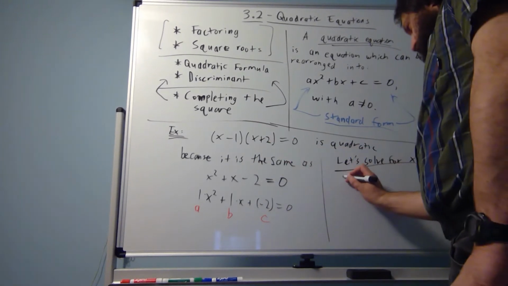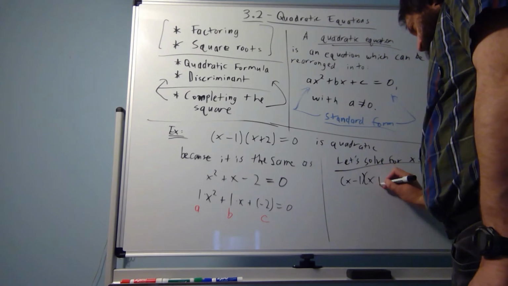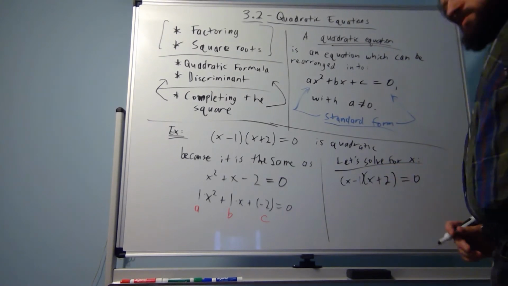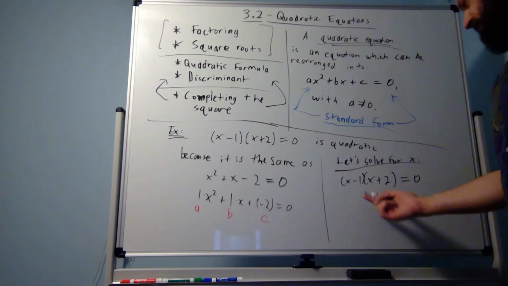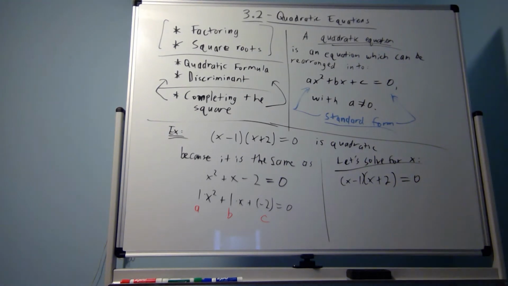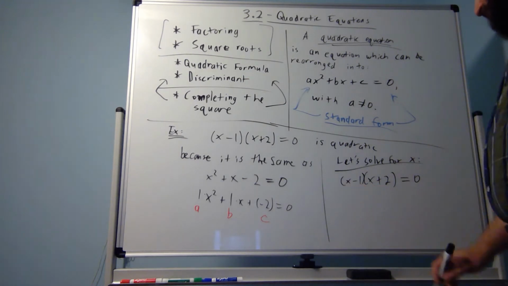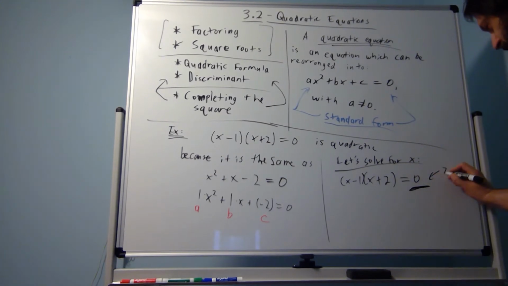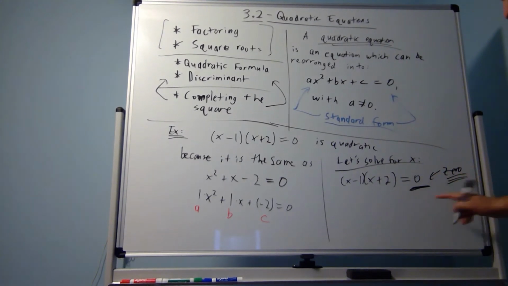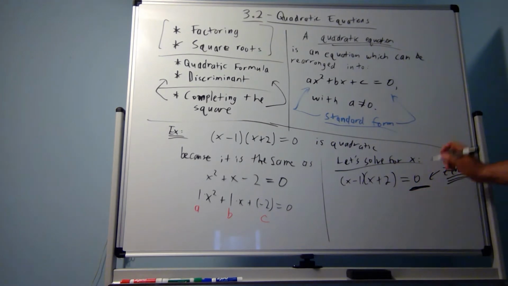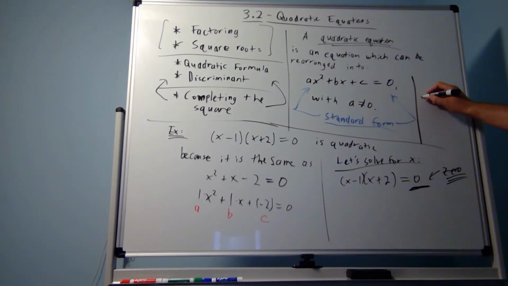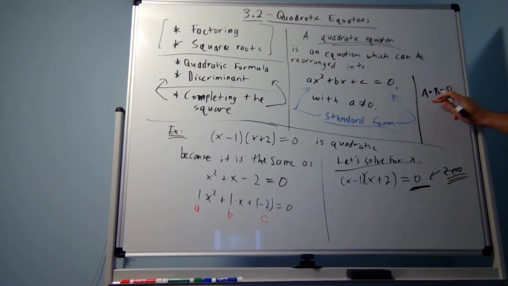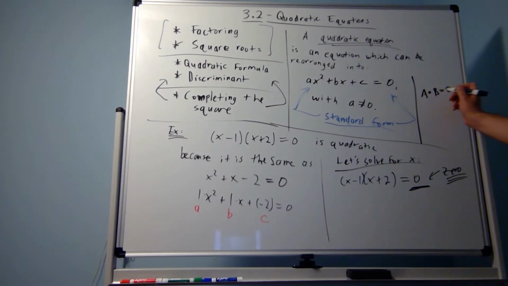So let's take this example that we're working with right now and solve for x. Well, actually, the way that it was originally given to us was very, very nice because there's this thing called the zero product principle, and it's very important that the other side be something times something, A times B equals 0. So two things or three things multiplied. If you multiply two or more things and you get 0,